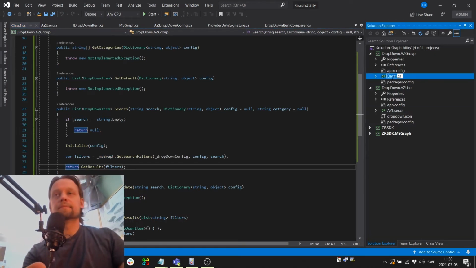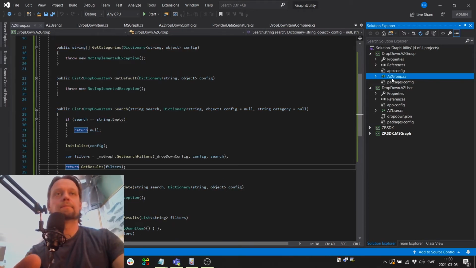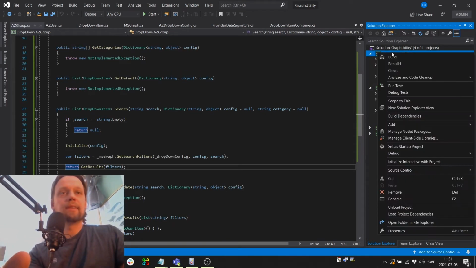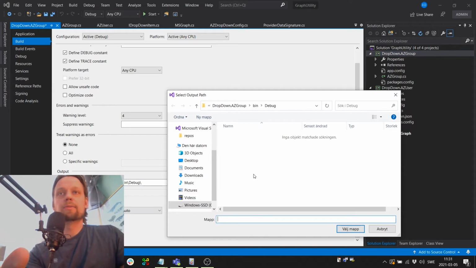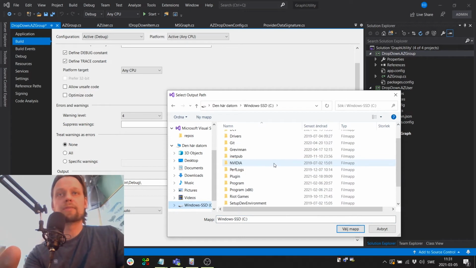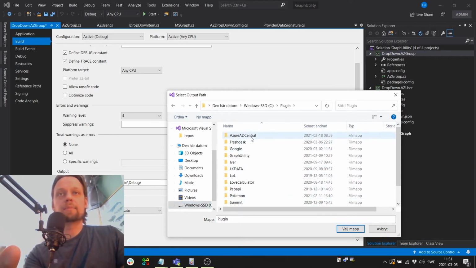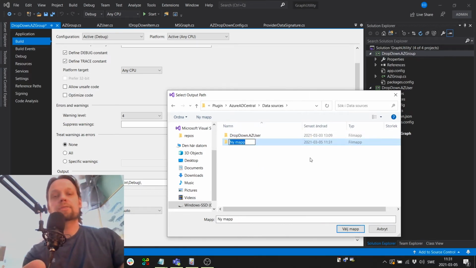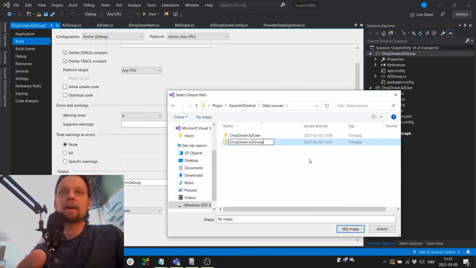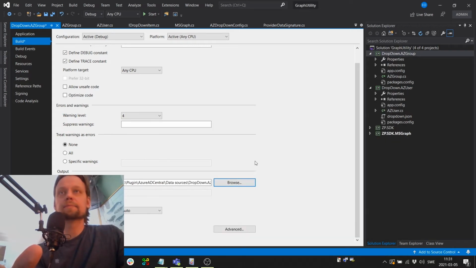Let's call it AC group. And a very important thing is, of course, you need to put the build output folder to somewhere that you inventory with service points. And I have a place here. I call it Azure ND Central, and I create a new folder, and it should have the exact same name as your DLL file. So that's the namespace plus class name there. So I select that, I save,